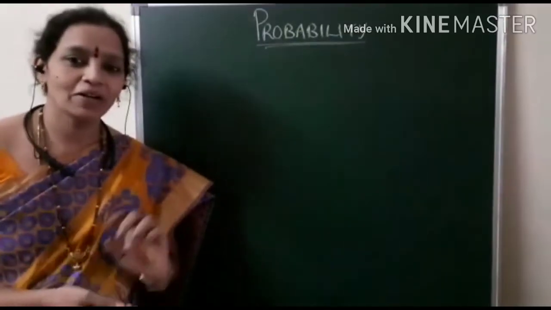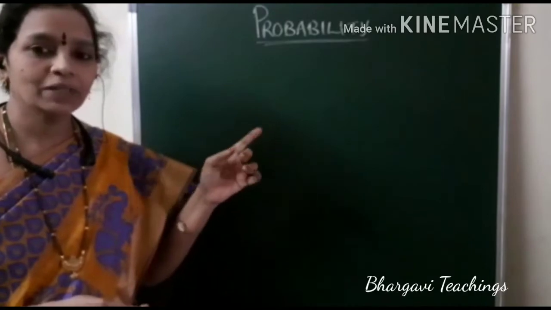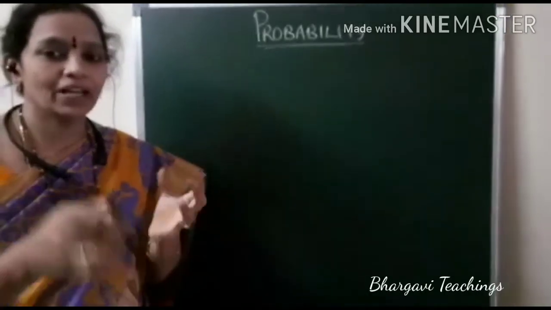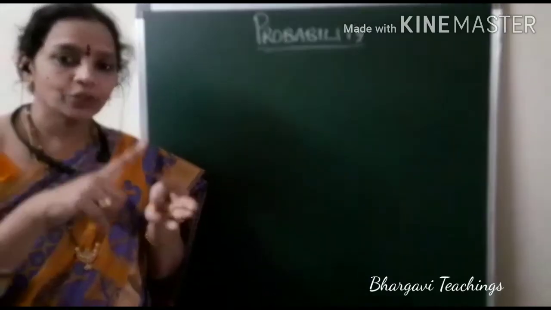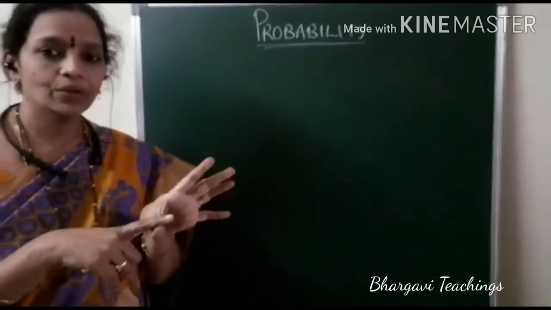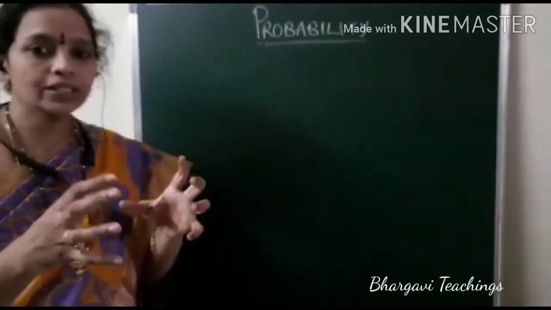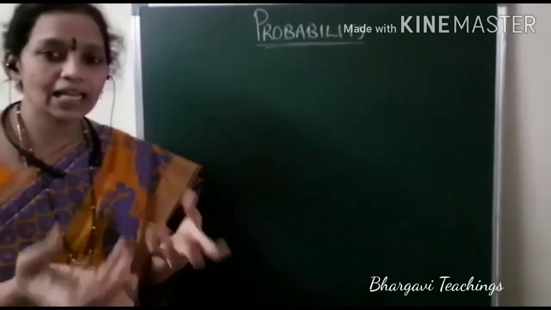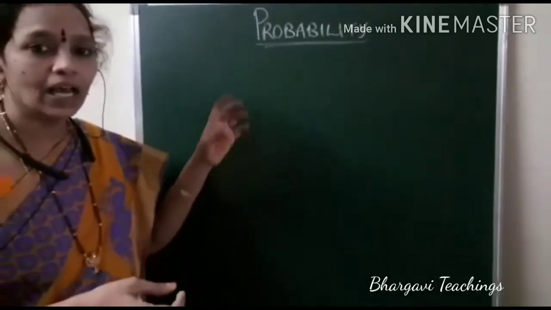So in this video I want to do the continuation of part 1. In part 1 I explained already the sample space when a coin is tossed, 2 coins are tossed, 3 coins are tossed. Like that only a die is rolled, 2 dice are rolled. What are the sample space I explained. Now based on those sample space you can select the events and based on that we can solve some problems. I'll explain some problems.